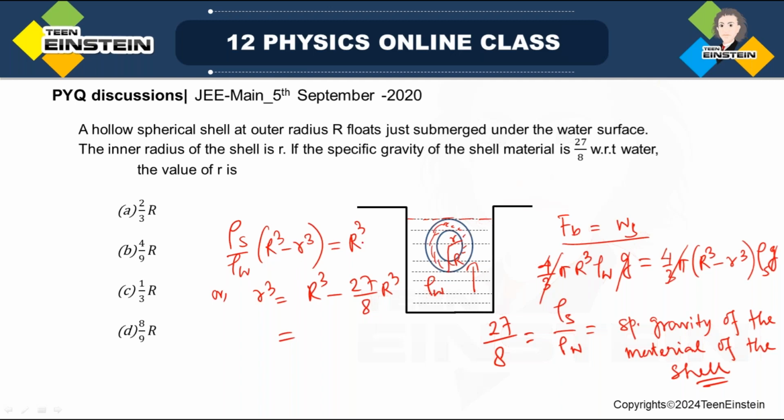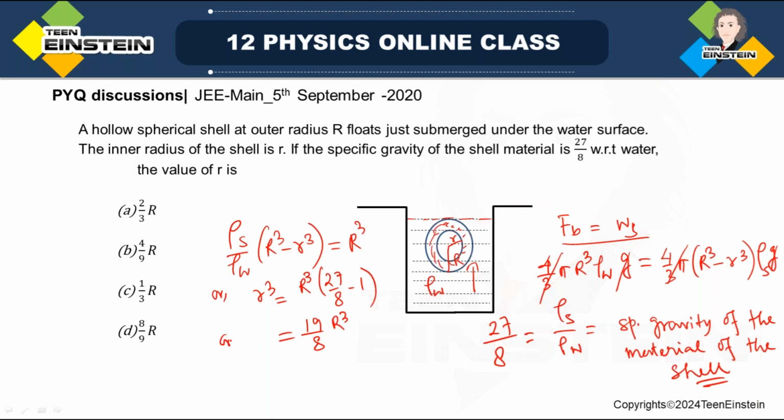So if this goes, that's a positive. This, okay, I'm sorry, this is actually R minus this. So it will be 27 by 8 minus 1. Okay, I have jumped one step here. So it will be actually 19 by 8